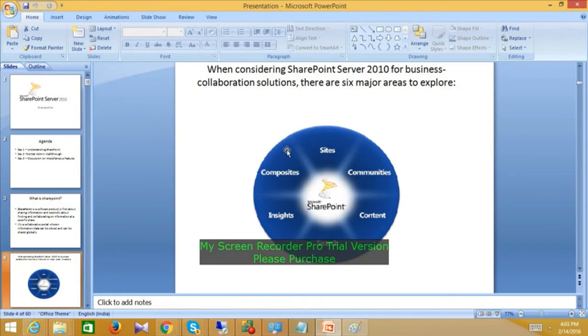My question is, in order to create SharePoint pages, do I have to be a website developer to design the pages, or is there an internal mechanism to create pages?